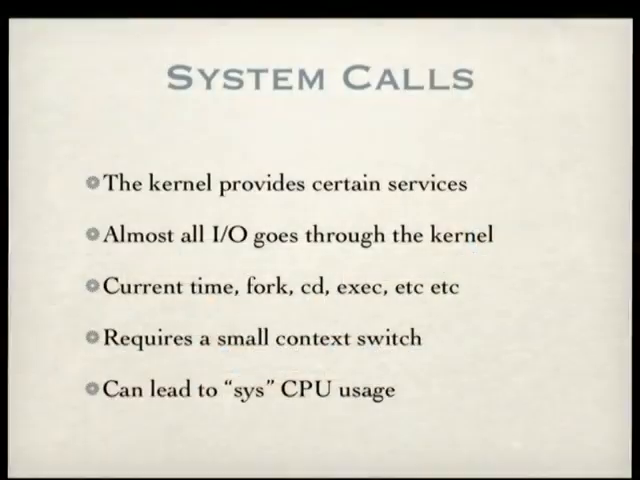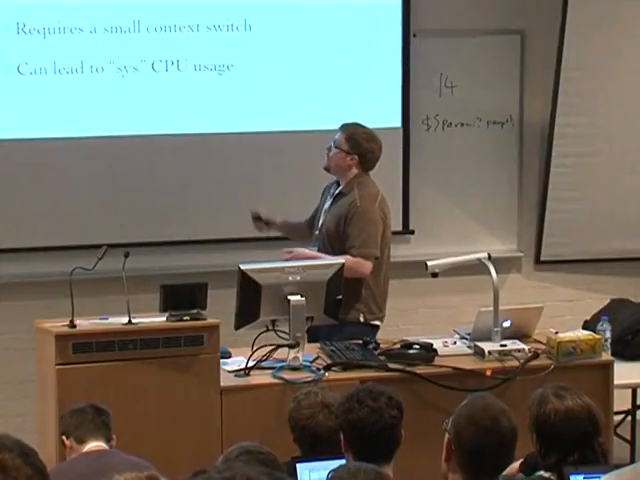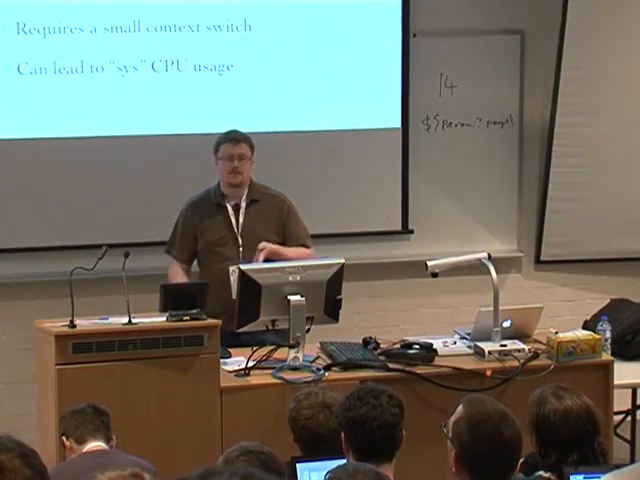So we're talking about system calls. The kernel provides these services, IO goes to the kernel. There's other ones you've probably heard of: fork, change directory, exec if you want to run another program. Time, actually getting the current time, is a system call